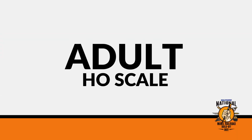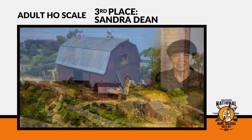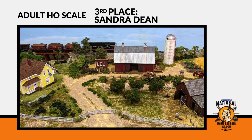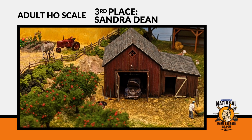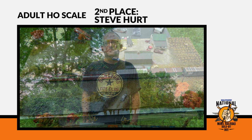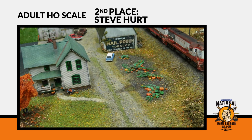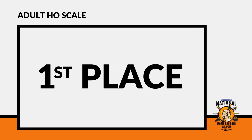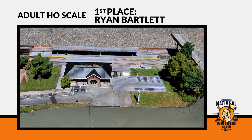In the category of Adult HO scale, our 3rd place prize goes to Sandra Dean, whose 2x4 layout is absolutely packed with details and vignettes. It's one of those layouts where I find some new, undiscovered detail every time I look at it. In 2nd place, Steve Hurt, whose highly detailed structures and layers of realistic ground cover caused him to nearly take 1st place. But the winner of the 2022 1st place prize is Ryan Bartlett, with his all-around, highly creative train